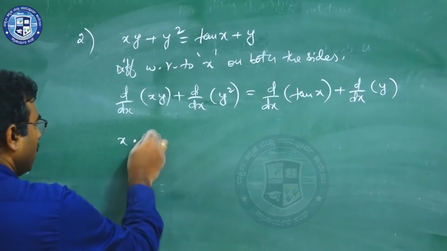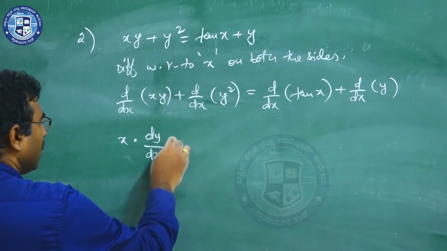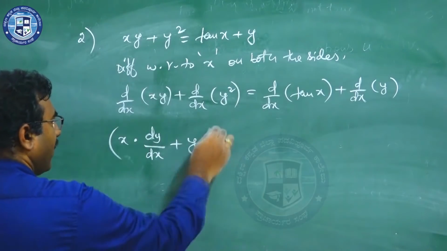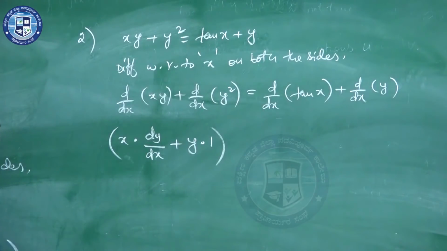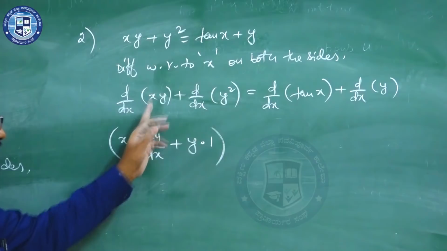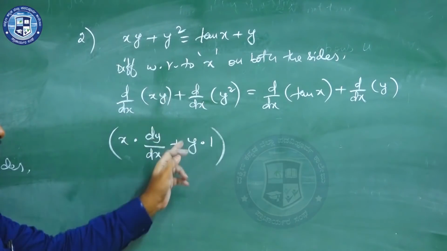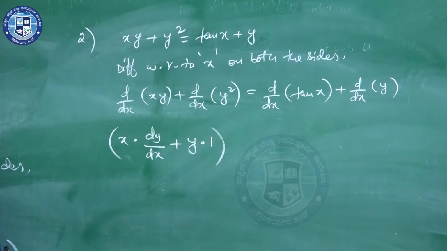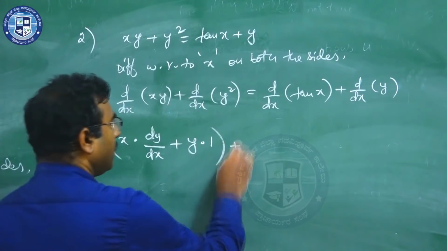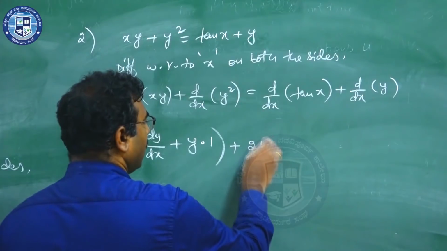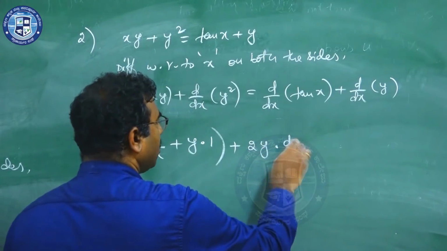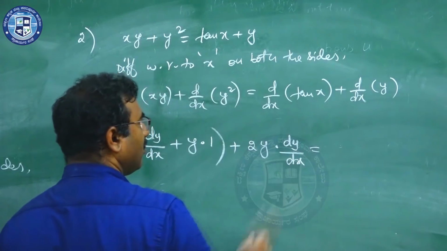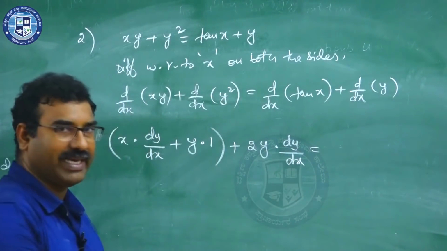x into dy by dx plus y into differentiation of x, which is 1. We applied the product rule. x into dy by dx plus y into d by dx of x is 1, right, plus d by dx of y squared, it is 2y into dy by dx is equal to, because differentiation of x squared is